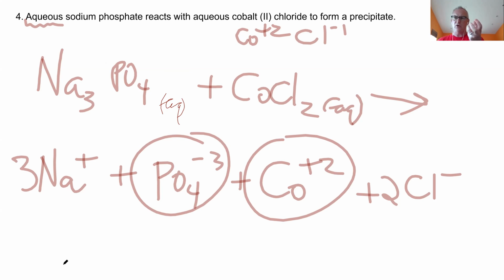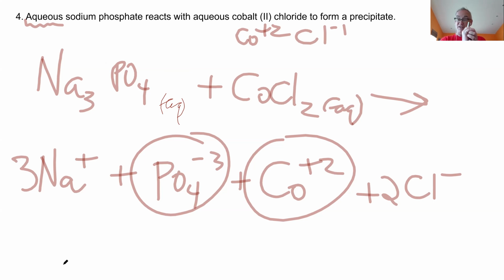If you don't have your list of solubility rules, one thing to look for is if you have ions with multiple charges on them, they're more likely to precipitate because they're going to form a lot of ionic bonds with each other. There's going to be a lot of charges. When they come together, there's going to be a lot of charge-charge interactions, and so a really, really stable